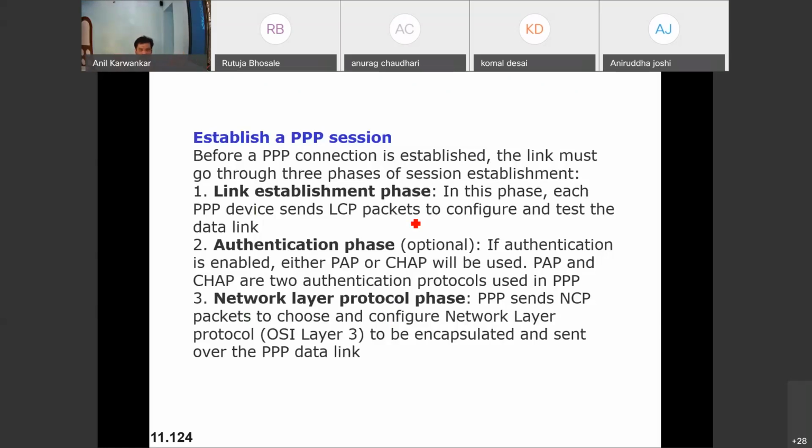Then PPP sends NCP packets to choose and configure the network layer to be encapsulated and sent over the PPP data link. That is, the packets from the network layer are encapsulated and sent over the PPP data link. That is the third important phase for session establishment.